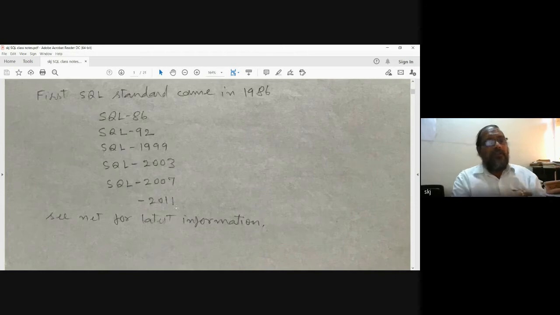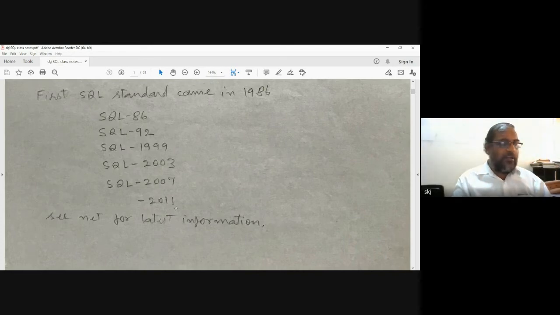Basically, these standards are incremental, or they have some additional features over the previous standard. So what happens here? A higher level standard also supports the features of the previous lower standard, right?